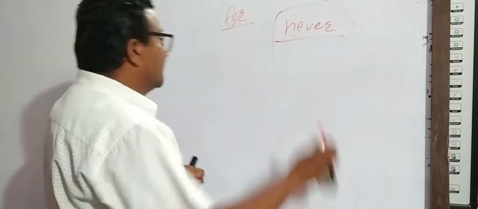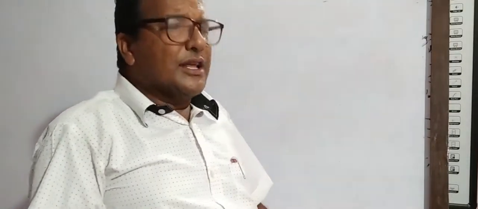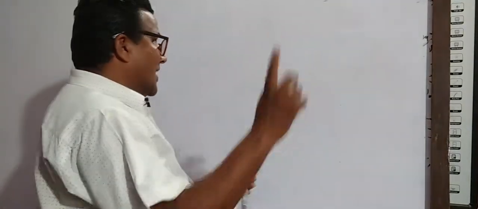Then another one. In the place of someone, anyone, everyone, no one is used. For example, someone is coming, no one is coming. In the place of somebody, anybody, everybody, nobody is used. Somebody loves me, nobody loves me. In the place of something, anything, everything, nothing is used. Something is wrong, nothing is wrong. Not is not necessary there. Look here, one example.